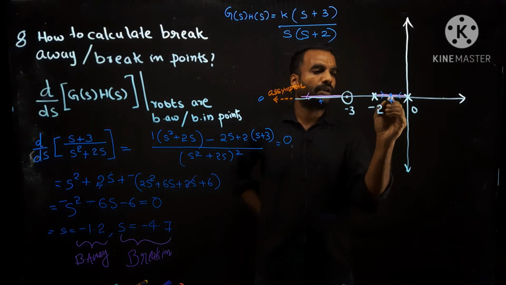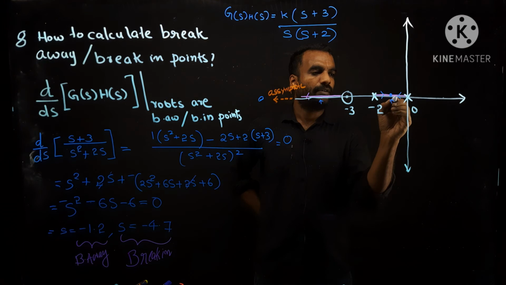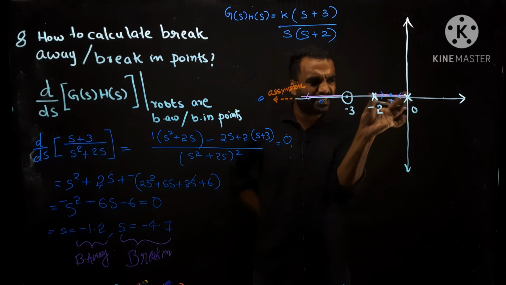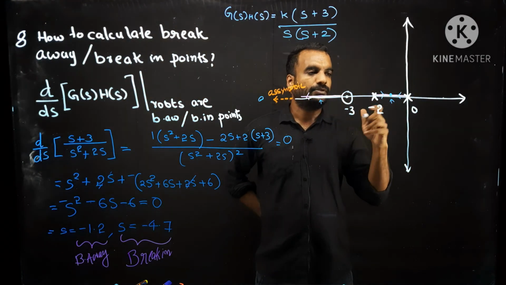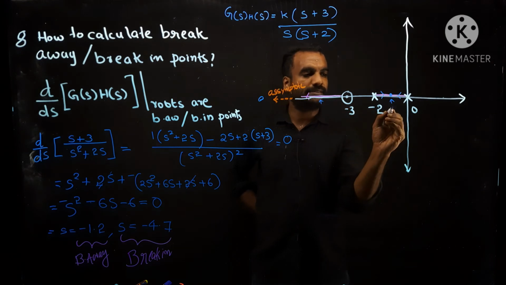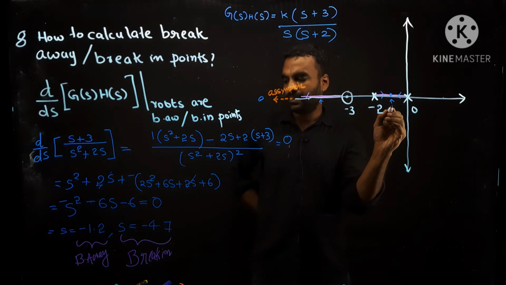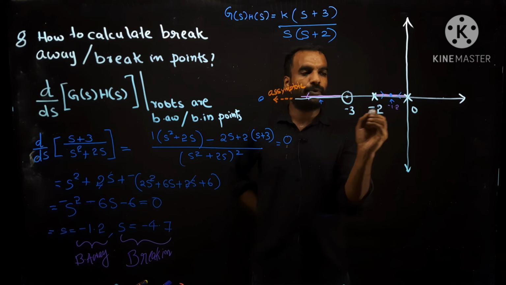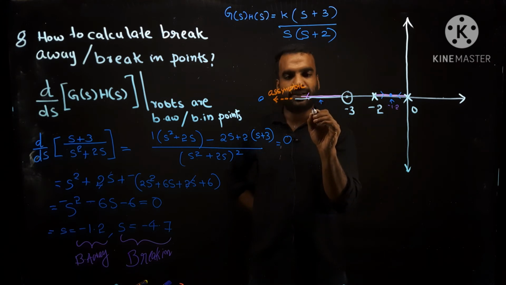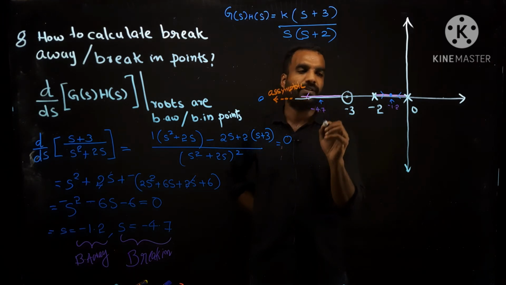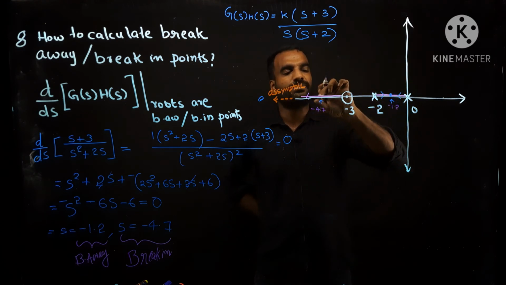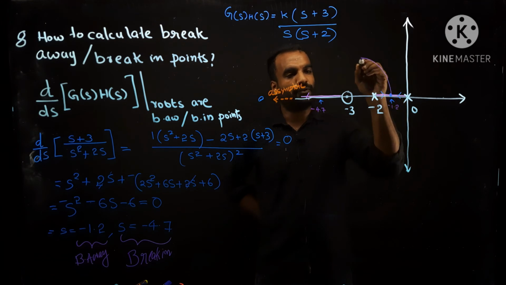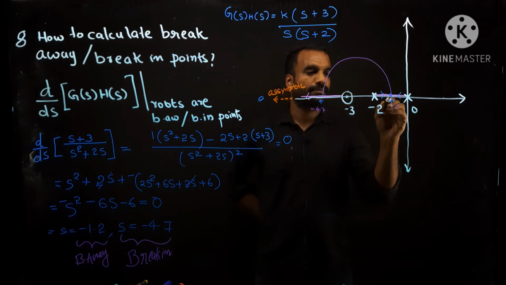So this root locus diagram starts from these two poles and meets at the breakaway point. Normally after that meeting they will try to travel in both directions. We know that this is the breakaway point and its value is minus 1.2, and this is the break-in point, its value is minus 4.7. So some repelling force starts here and some attracting force comes here. So normally it will follow a circular path.